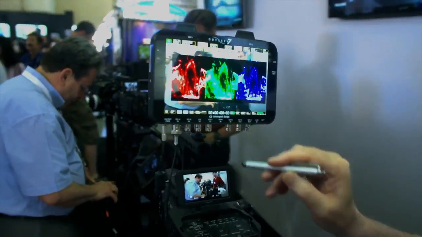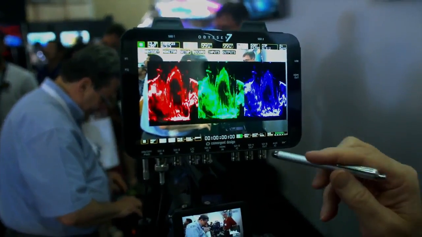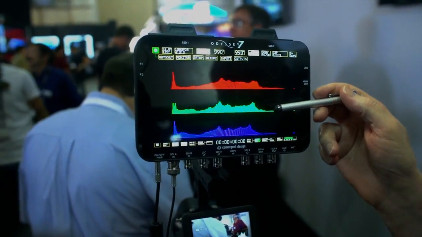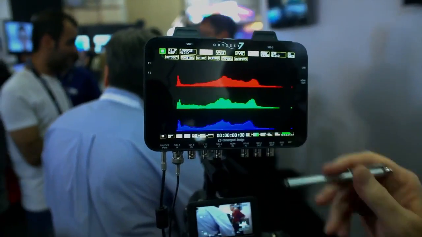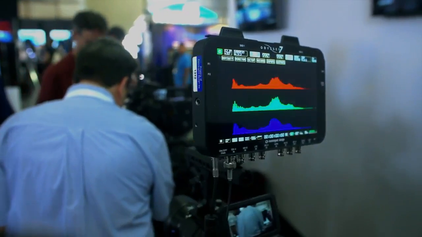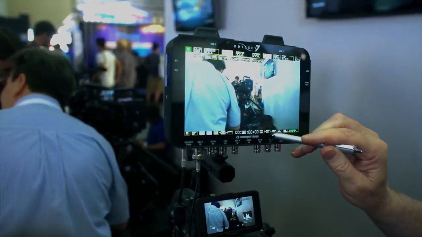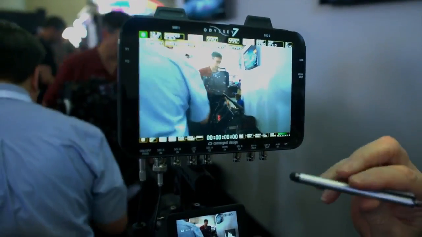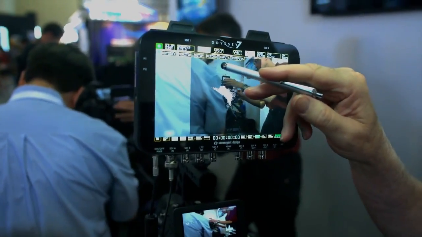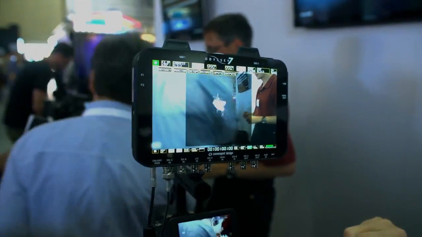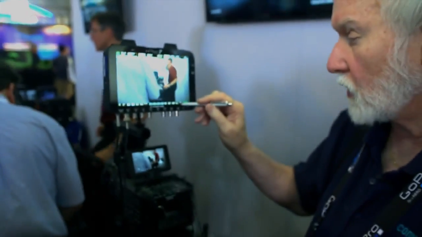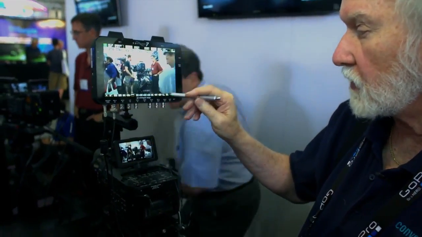You have the ability to do a waveform monitor. Here is an RGB Parade histogram, and this is a color histogram. So the red pixels, the green pixels, and the blue pixels, and you can see how they go. And if we move this around, you'll see how it all changes. Next item is a color Vectorscope, and this is not complete yet, but when we do, we'll have the appropriate boxes for each color. There's other features such as one-to-one pixel, audio level meters, time code,